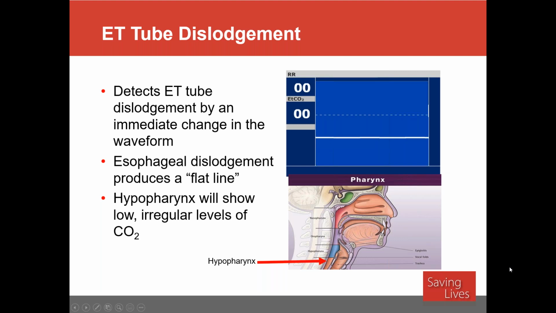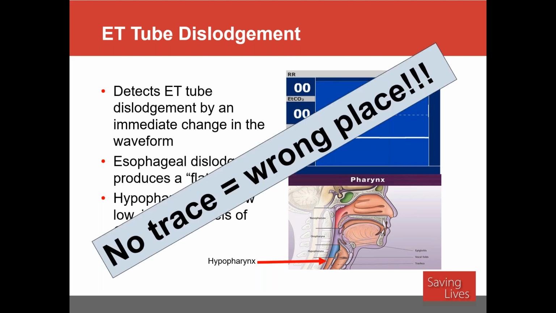So you will know right away if the tube's been displaced. And I love this. The UK did this big push for capnography after a couple of years ago, they lost a couple of patients basically from esophageal airway placement, and capnography was not used in either of the cases. And their little motto that they started was "no trace, wrong place," meaning if you don't have a capnography waveform,